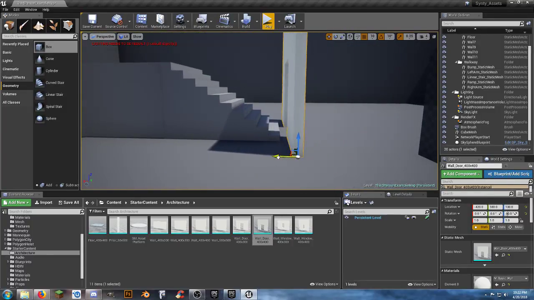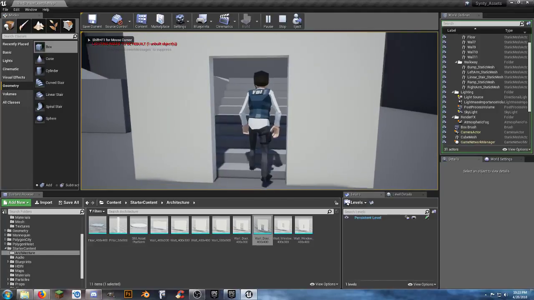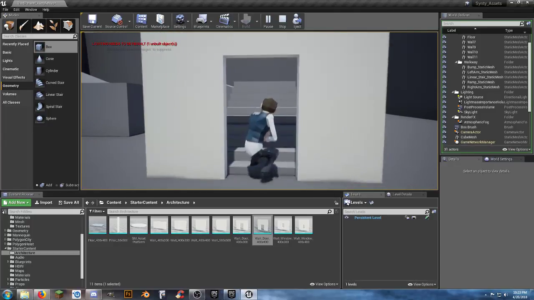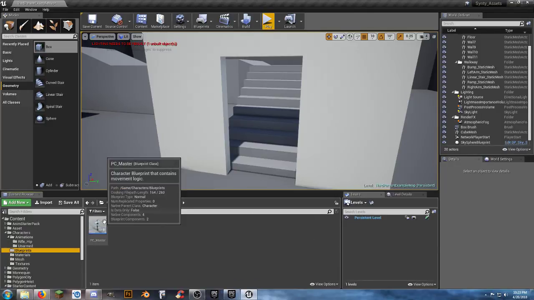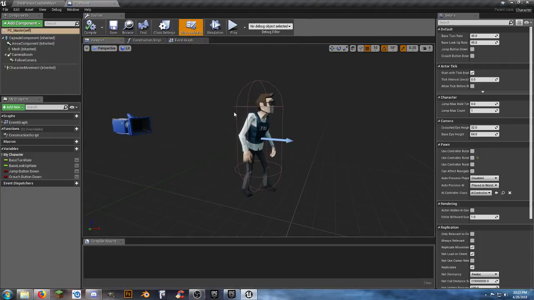Alright, let's see, we'll put it back to right there. Let's go back into play, and I cannot walk through, but I can go into combat and crouch, and still can't go through because of the capsule. And the capsule we're talking about was the character, go into our viewport, and it's this capsule that surrounds our character. You see, we've got about a foot of space above his head